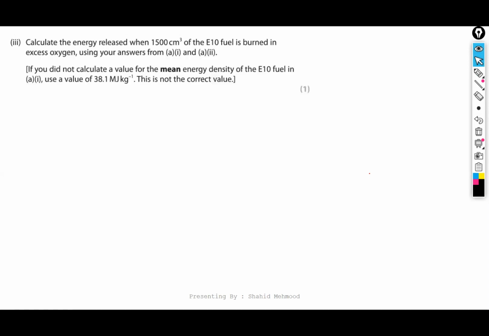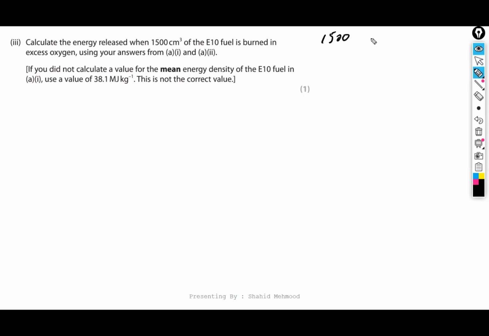Calculate the energy released when 1500 cm cube of the E10 fuel is burned in excess oxygen using your answers from A1 and A2. If you did not calculate the value for the mean energy density of the E10 fuel in part A1, use a value of 38.1 megajoule per kilogram. This is not the correct value. So they just give a clue over here, but already we know